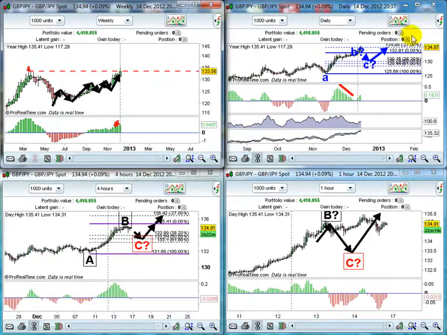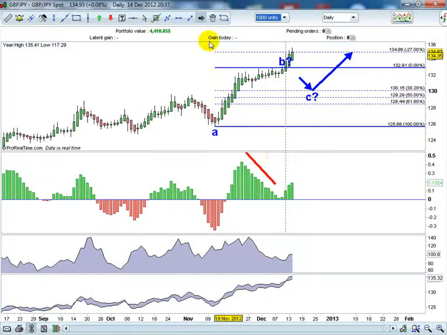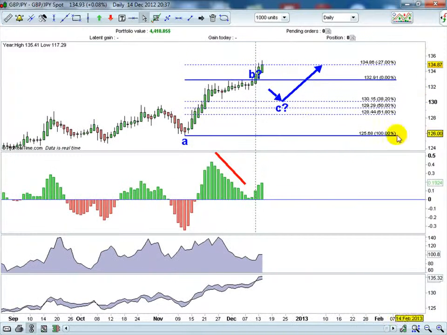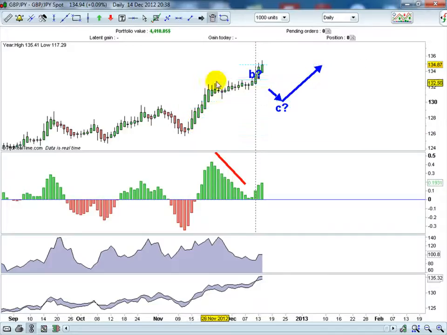Okay, so the weekly chart suggested resistance. I thought that price should break up and through that. And then on the daily chart, I got lots of things going on here. I was originally expecting a more significant retracement in the downwards direction. I've drawn a Fibonacci here. That was later proven invalid, and that's just what happens sometimes. It was a case of mistaken identity. What I thought was a downside retracement ended up actually being